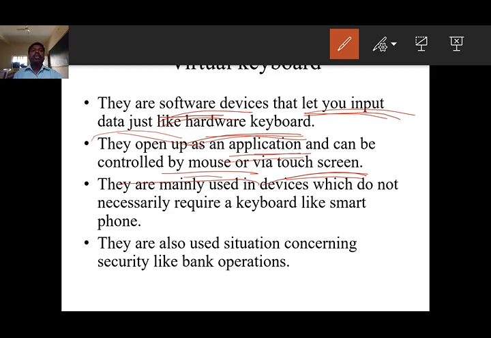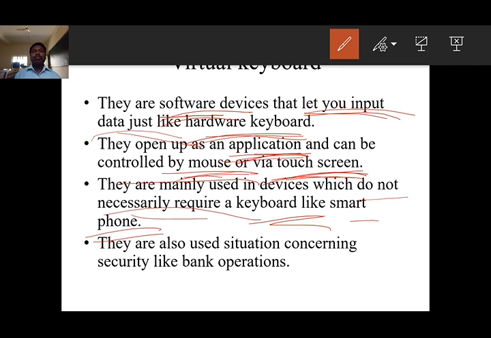They open up as an application and can be controlled by mouse or touch screen. In a smartphone, we control by touch screen. In a system, we can control by mouse also. They are mainly used in devices which do not necessarily require a keyboard, like a smartphone.